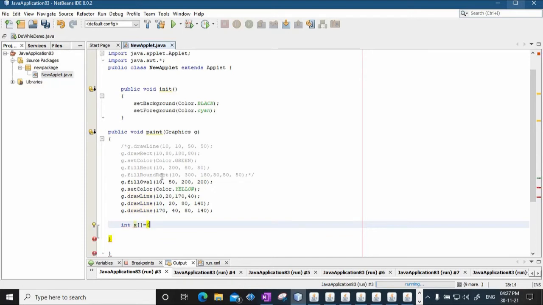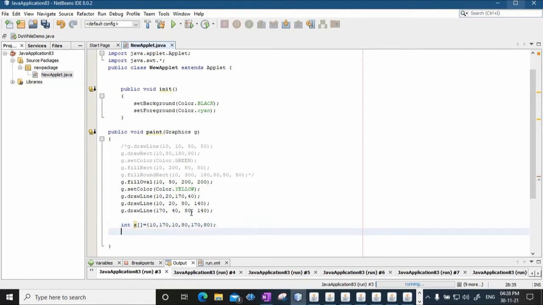Now whatever are the x coordinates, for the first line it will be 10 and 170. For the second line it is 10 and 80. And for the third line it is 170, 80.